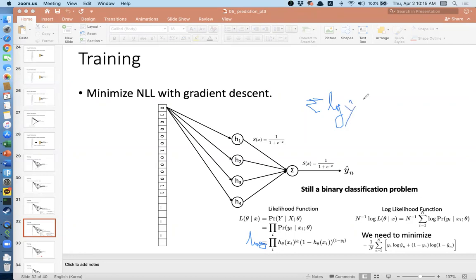So it'll be y hat i with the actual y. Before, yi was the true label, and this was the predicted label. So I'm just replacing h theta xi with y hat. So this is y hat raised to the power of yi, and then it'll be 1 minus y hat again, raised to the power of 1 minus the true label y. Yeah, like this. This sigma looks a little weird. Basically like this, and then there will be